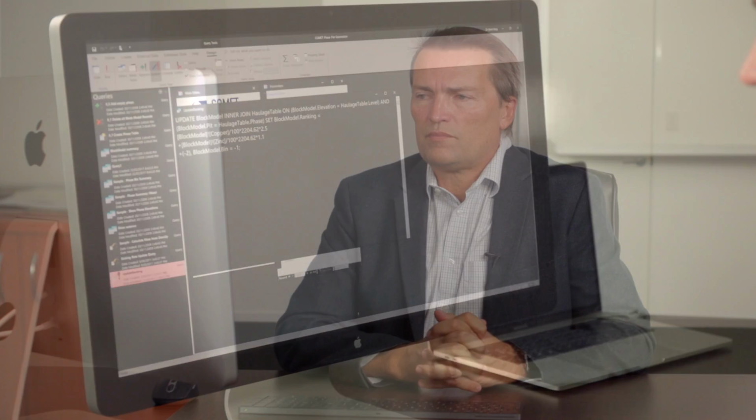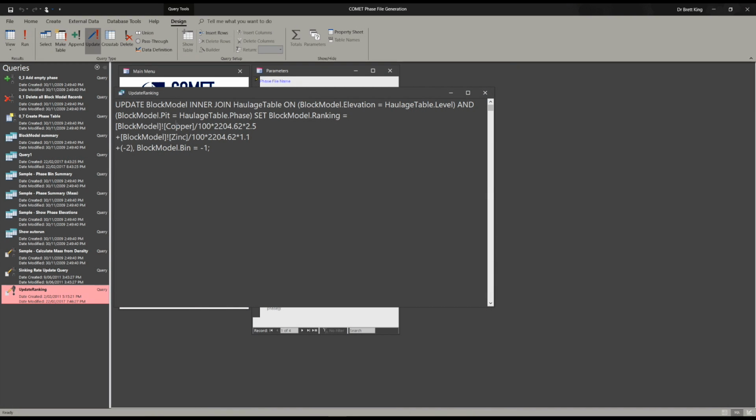So this is a very simple version of the ranking system, but you can put a much more detailed ranking calculation into here that includes the haulage hours and the throughput, those sort of numbers. This one's just got the copper grade times the copper price, the zinc grade times the zinc price, plus the processing cost in here as well, which is -2. So we're going to set the ranking variable to that, and we're also going to update the block model bin variable to be -1. So if we run this query,